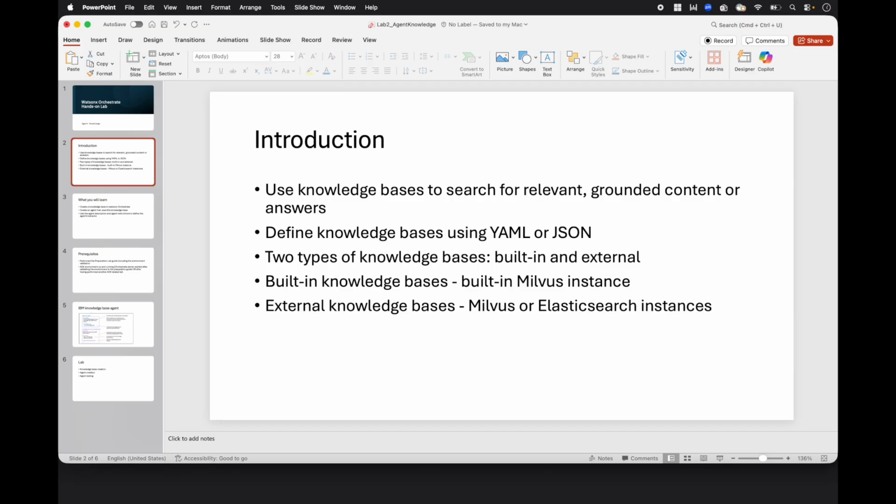Now you can create two types of knowledge bases. One is built-in and the other one is external. Built-in knowledge bases are created using a built-in Milvus instance and are populated with documents you import. External knowledge bases refer to your own Milvus or Elasticsearch instances, which you can connect to Watsonx Orchestrate for use by agents. This lab will guide you through the steps to use the built-in Milvus instance to create your